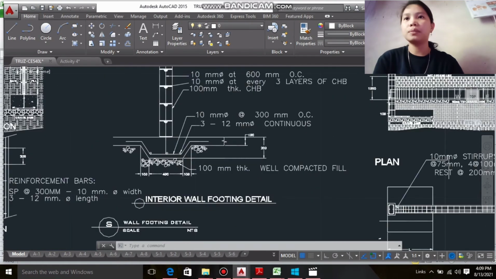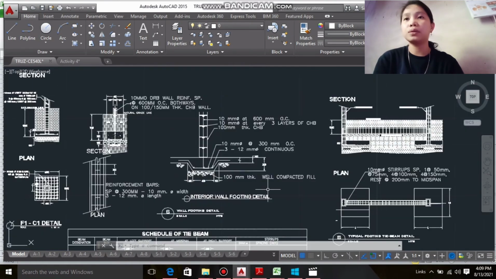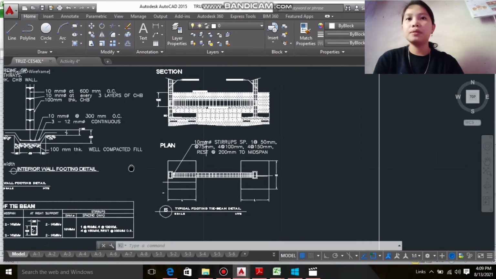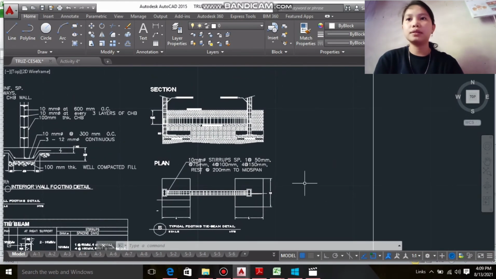Then the depth from natural ground line is 1500 mm. And for the whole footing details,